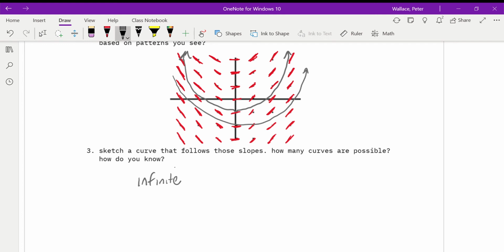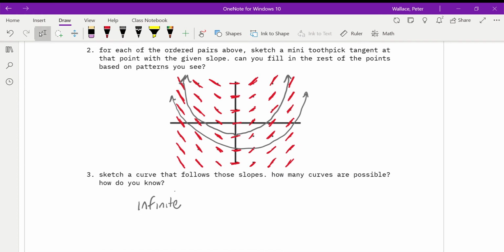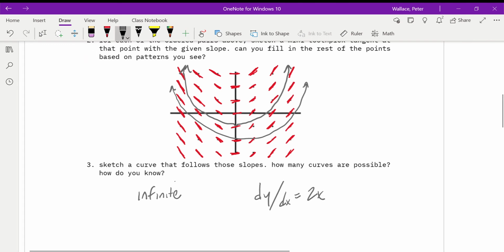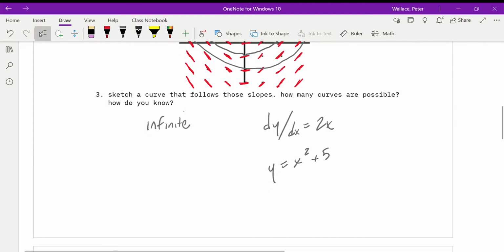And if the graphical representation doesn't cut it for you, let's go back to our initial equation. dy/dx is our original differential equation, equals 2x. So let's kind of do this in reverse. What this is, is the derivative of a function. So I'm going to say my original function, y, was x squared plus 5. Does that satisfy this equation? dy/dx, yep, 2x. Okay, let's call that y1, let's try y2. Let's try a different one, x squared plus